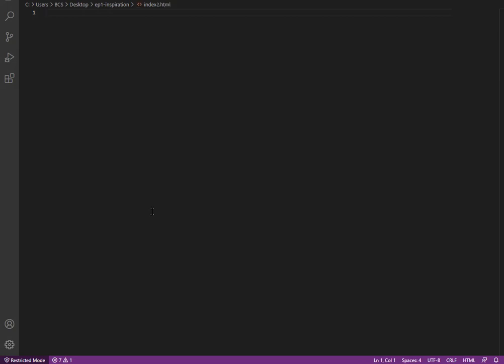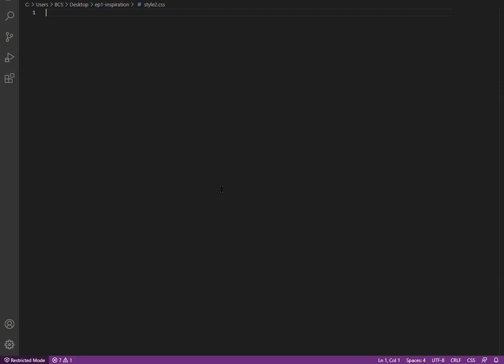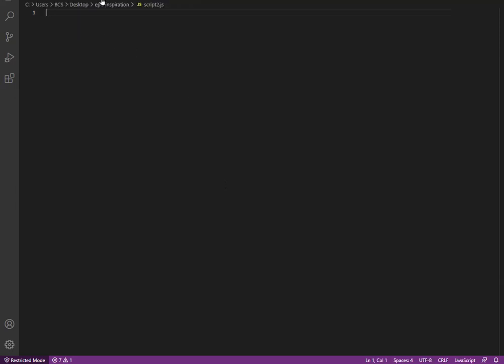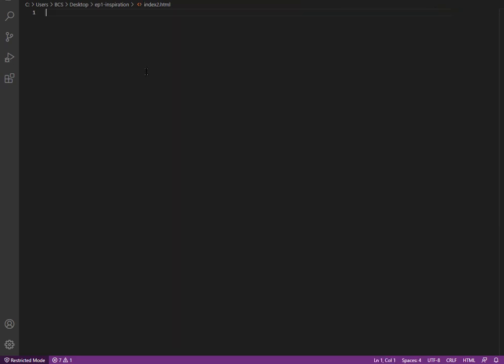The other file that we need is style.css. I'll name it style2.css, and one more file, Control N, save it as script2.js.